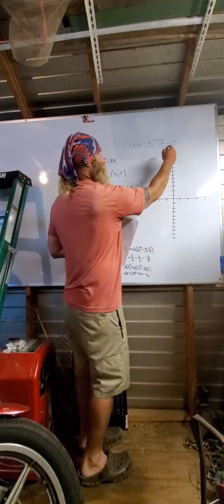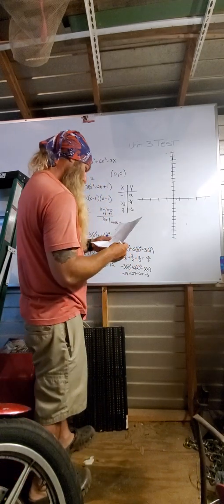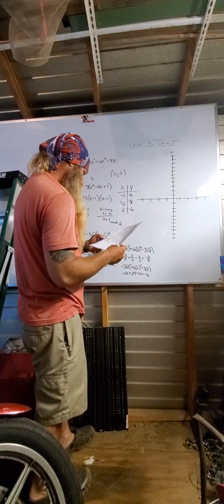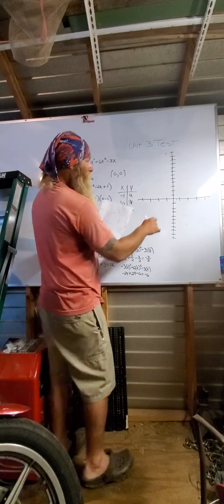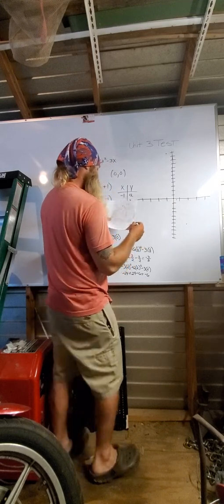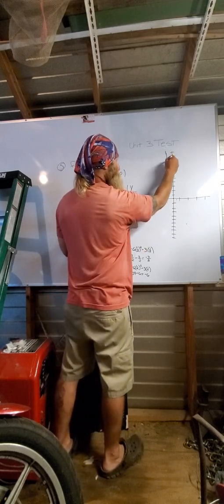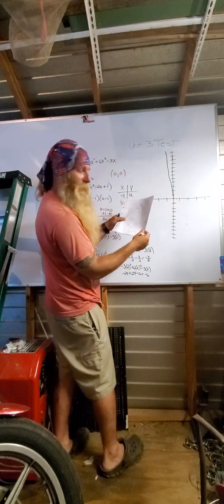Okay, our graph, we know at the 0, 0 it crosses, so it comes down, it crosses the 0, 0,